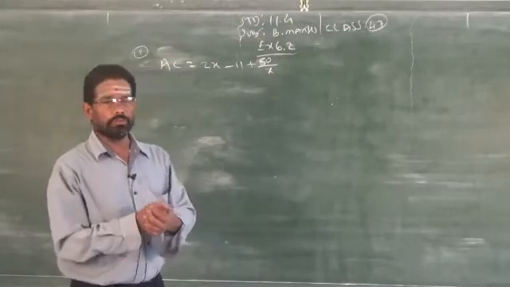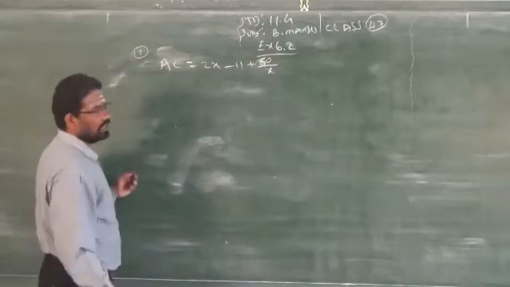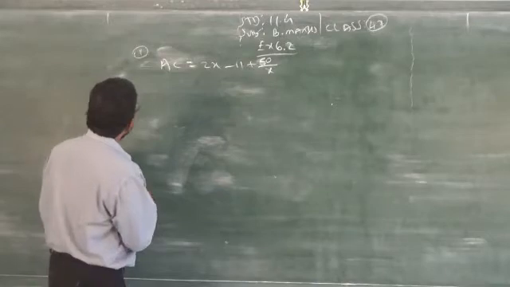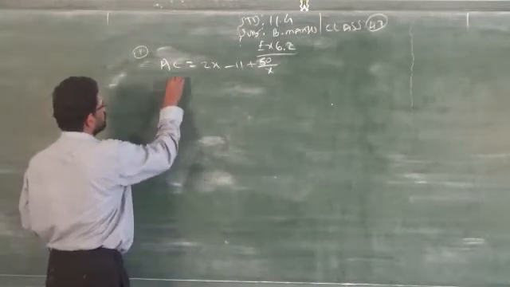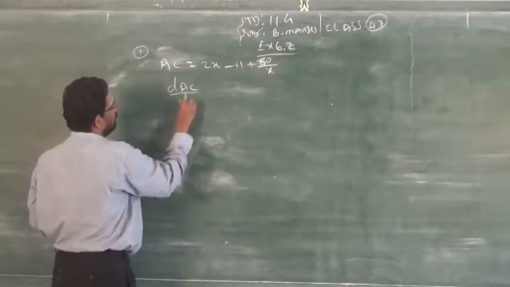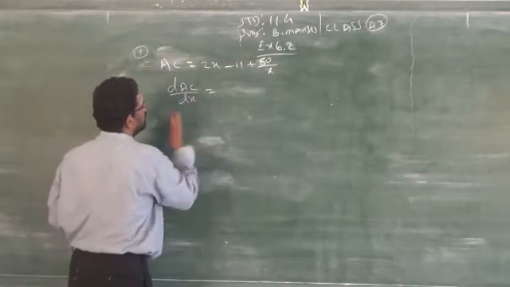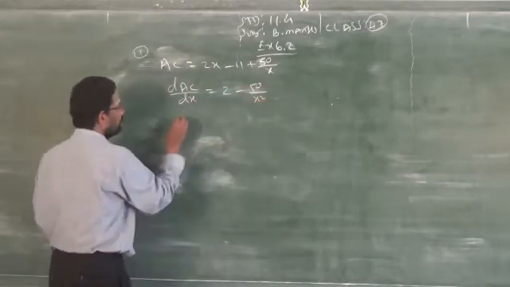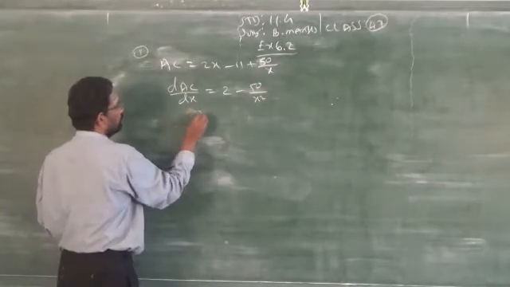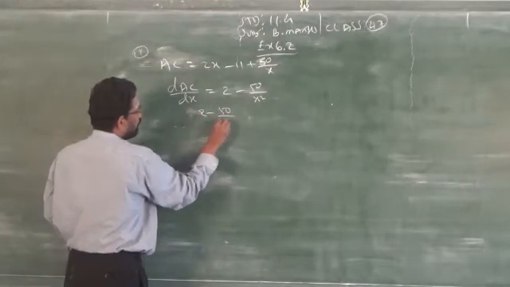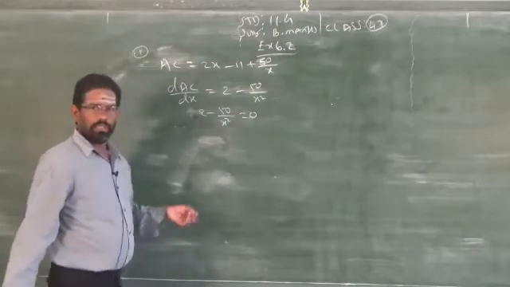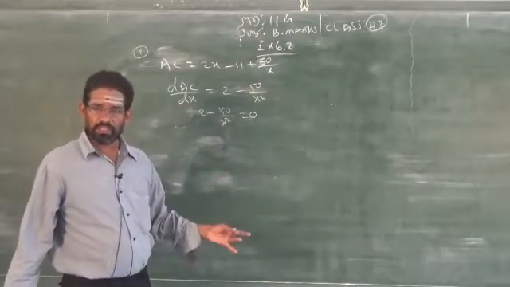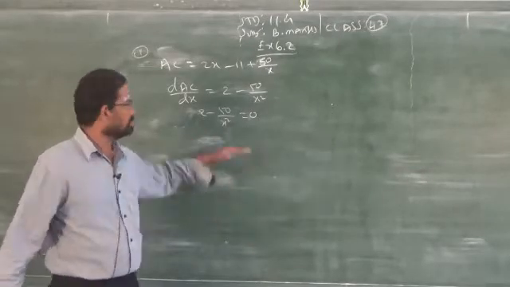Now you have to prove whether that average cost is increasing or not. So what is the rule? First, differentiate the given function with respect to x: 2 - 50/x². The next rule: set 2 - 50/x² equal to 0. This is common for points of inflection, stationary points, increasing and decreasing intervals, and maxima. All the concepts are common.